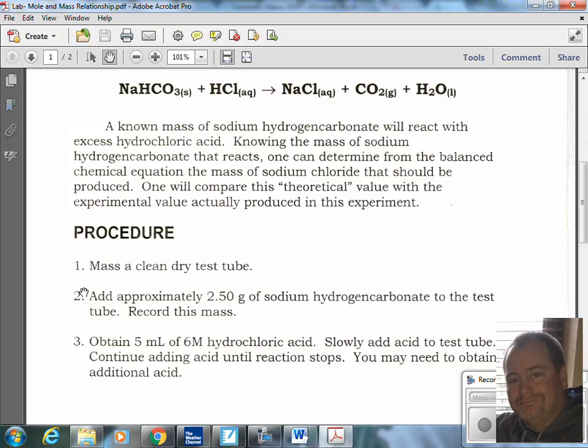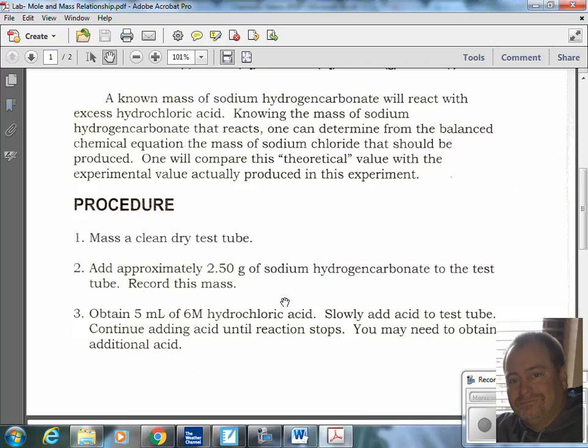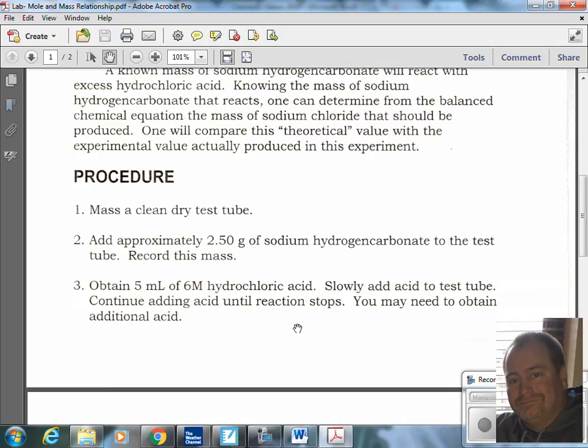We're going to take a clean, dry test tube, and we're going to put approximately 2.50 grams of sodium hydrogen carbonate into the test tube. Now, we're not going to use the test tubes that you have in your drawers. I have bigger test tubes on the back table. We're going to use these bigger test tubes. After we have the 2.50 grams of sodium hydrogen carbonate in the test tube, we're going to obtain 5 milliliters